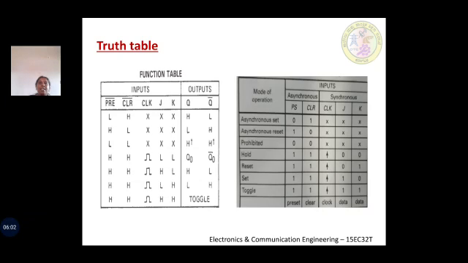The last case, the seventh case: when preset is 1, that is high, and clear is also 1, that is high. On the application of the clock pulse, if both J is equal to 1 and K is equal to 1, both in high state, what happens to the output? Q and Q bar are going to interchange their values, and this is known as toggle state. It means they are going to change to the opposite state. So this is known as toggle state, and this is a brief description about the truth table of asynchronous inputs